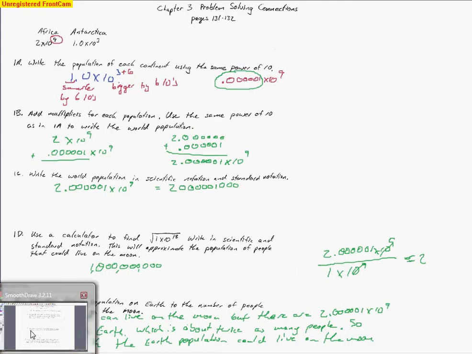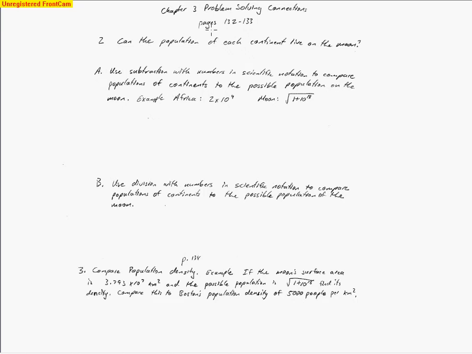And when we look at those, it talks about, on page 132 and 133, can the population of each continent live on the moon? So they're going to compare these things. So we're looking at different ways to compare numbers, whether we subtract or divide. And we'll see that in this example. And so the first part says, use subtraction. So we're going to use subtraction in scientific notation form to compare the continents and whether they could live on the moon. So our example is Africa again, and we're comparing it with this number,